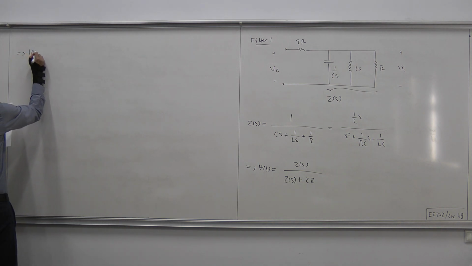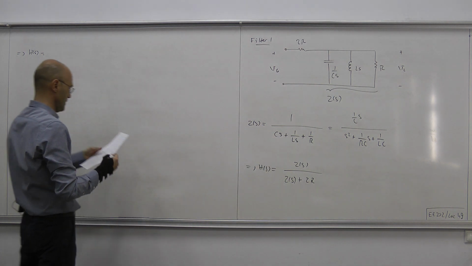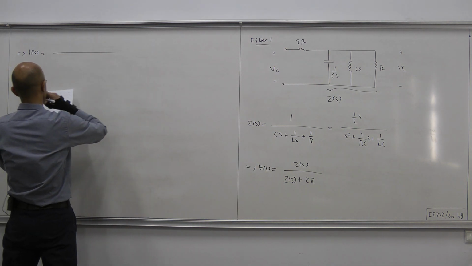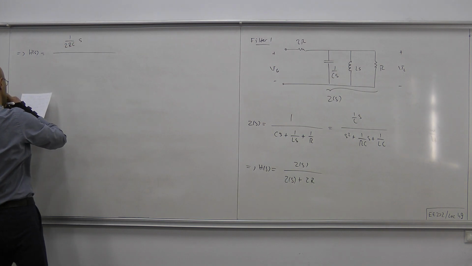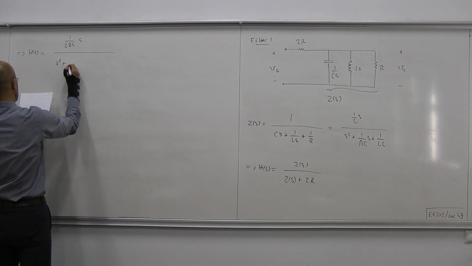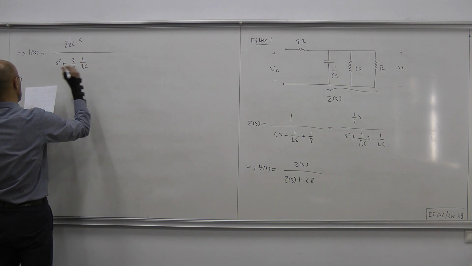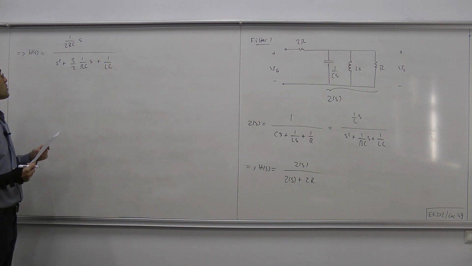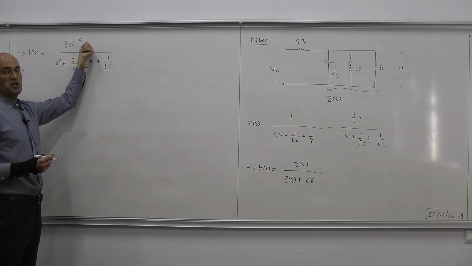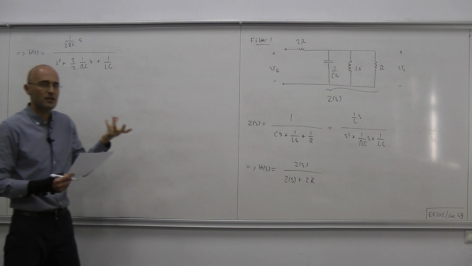So when H of S is computed through this voltage division, the result turns out to equal 1 over 2RC times S over S squared plus 3 over 2 times 1 over RC times S plus 1 over LC. Okay, so clearly we have a zero at the origin, and we have a second-order denominator, so that's a